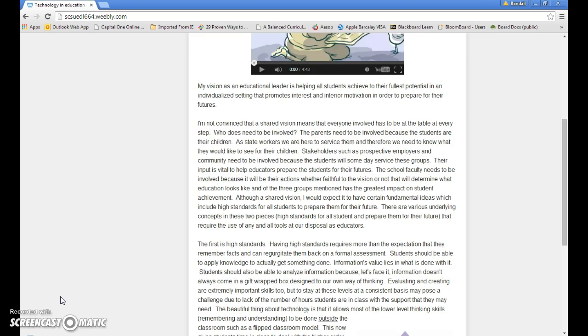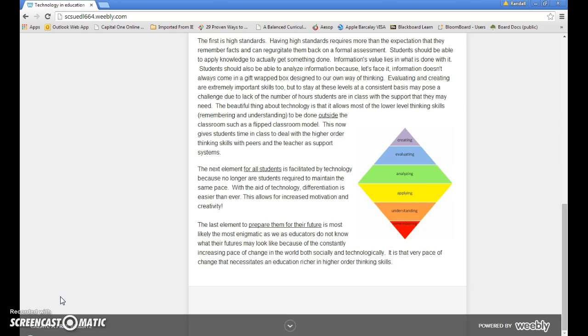I also include a graphic of Bloom's taxonomy that illustrates a suggestion of how to use classroom time best. Technology allows students to gain lower-level thinking skills outside the classroom while practicing higher-level thinking skills in class with teacher support. Due to time restrictions and ability levels, I believe it would be unrealistic to believe that most classroom time could be used for solely creating and evaluating. To help students move towards that goal, however, much class time would be dedicated to analyzing and applying both new